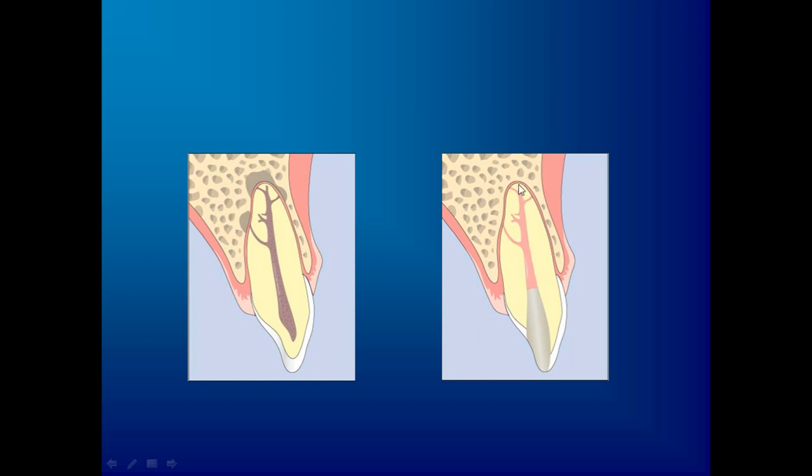Once the zone of infection is removed and shaped, cleaned and filled, then we know that we have studied that the rest of the periapical tissues will heal by themselves. That is, the other zones, which are the zone of contamination, irritation and stimulation, will be taken care of once this central core or the zone of infection is completely removed.